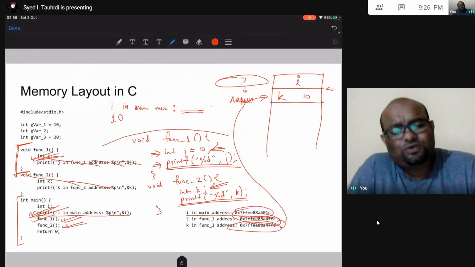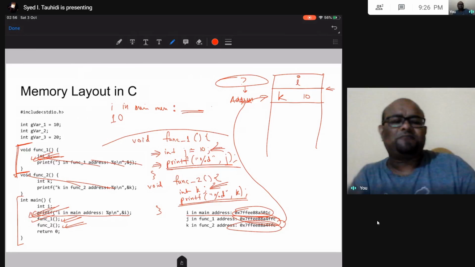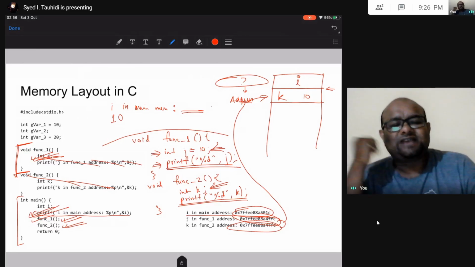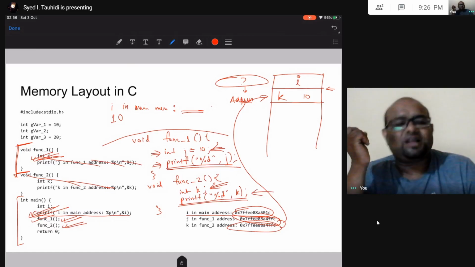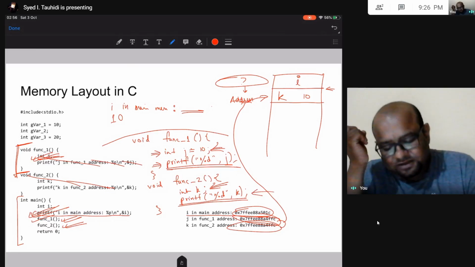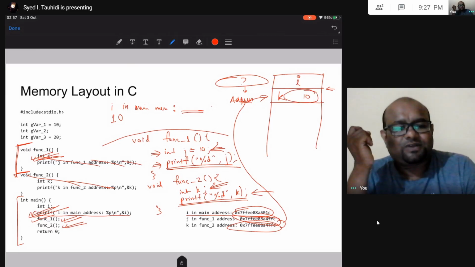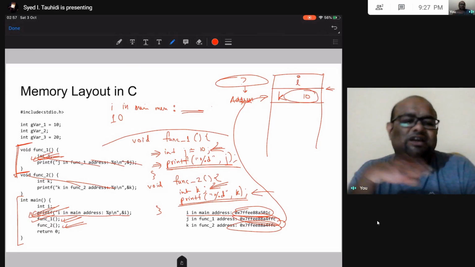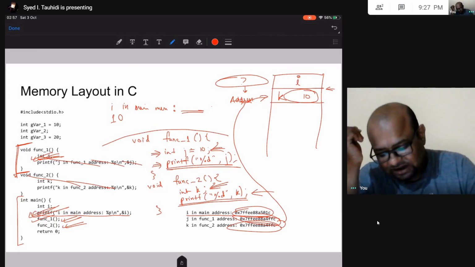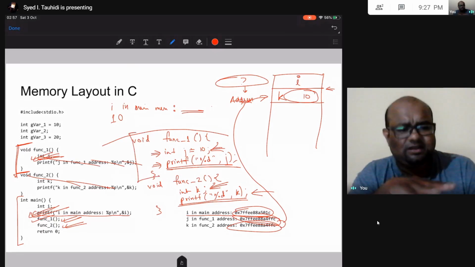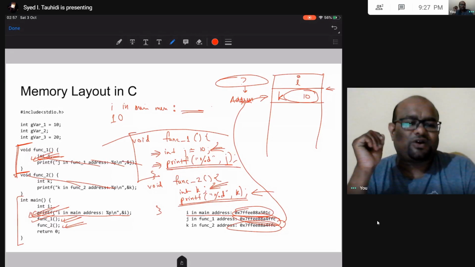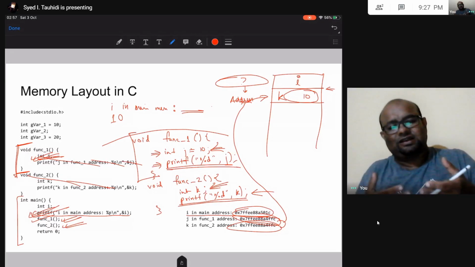So I don't know what k should print, but then I can make a guess what this line is going to print, because previously this part of memory had this value 10. The stack pointer got decremented after completing the execution of function 1, right?